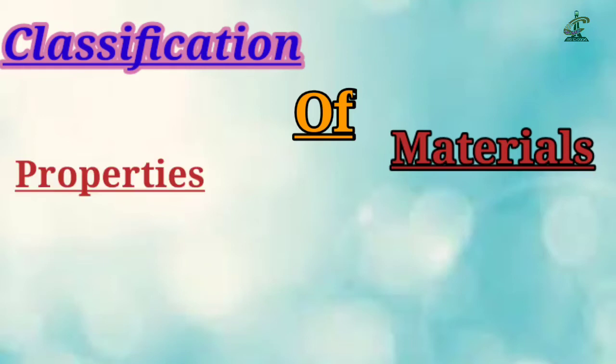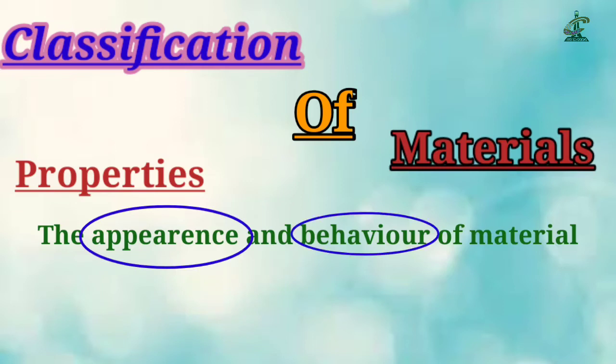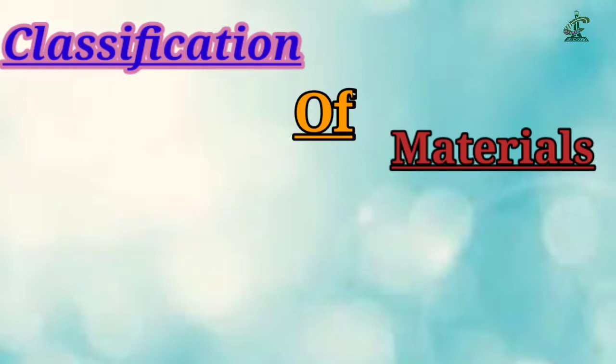Beta, here we learn about the classification of material. Beta, why do we classify the material? Because it is impossible to learn about each and everything around us separately. So to make it easy, what do we do? We group the things on the basis of their properties. So beta, what do I mean by property? Beta, the property is the appearance and behavior of material. Means कि वो object किस तरह का दिखता है and what is its function. Okay,